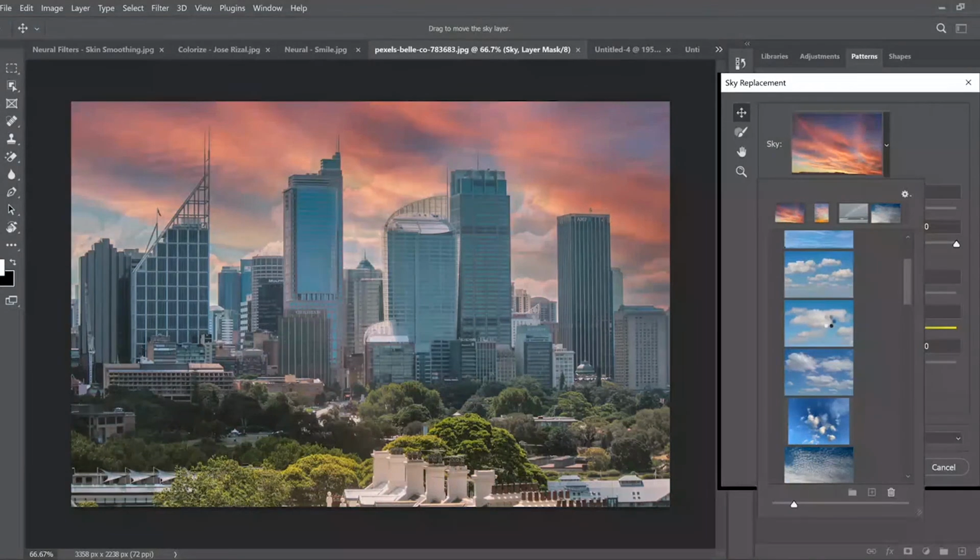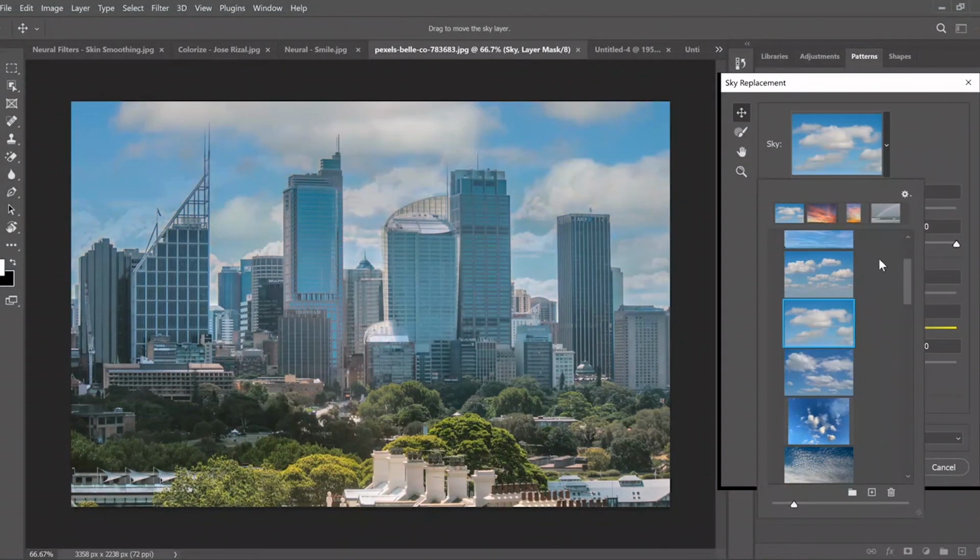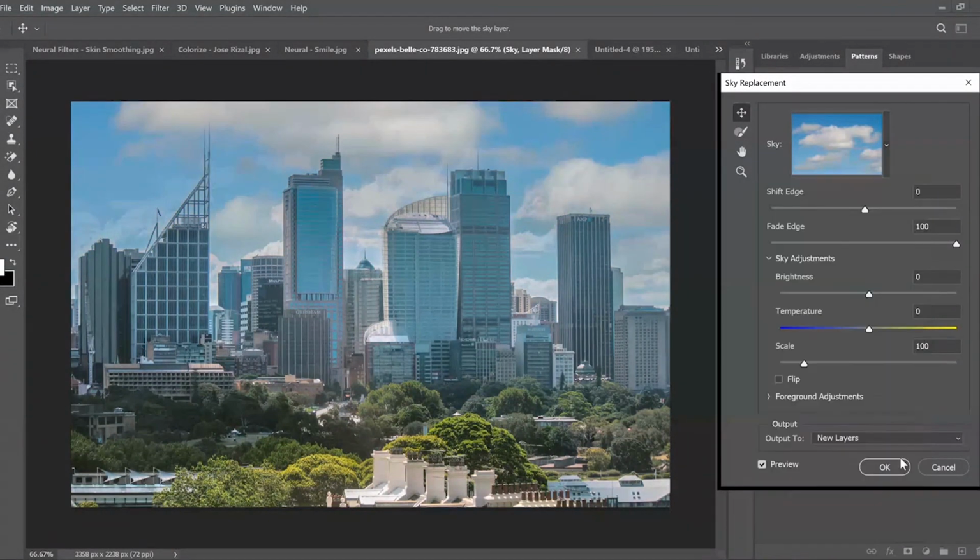We can change it for anything we want here, or we can add our own preset. We can edit the shift edge, sky adjustment, temperature, or we can even move the sky. Again, it just added a new layer for sky and did not make adjustments for the original photo.